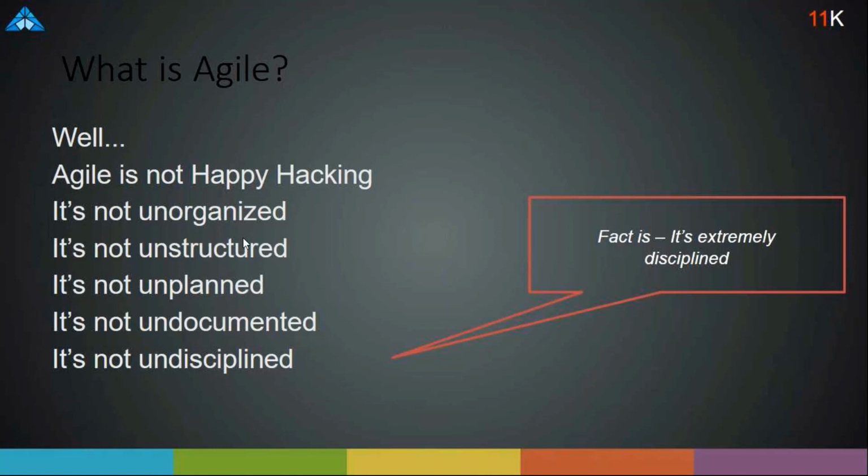The last is not discipline part. Rather, it is very disciplined because that's the reason it is getting so much popular these days. And not only the software industry will find Agile being followed everywhere. Rather, I'll say software industry has borrowed this. If we talk about Scrum, it has come from rugby. If we talk about Lean, and if we talk about Kanban, it goes back to Toyota, and it came from the car manufacturing industry.